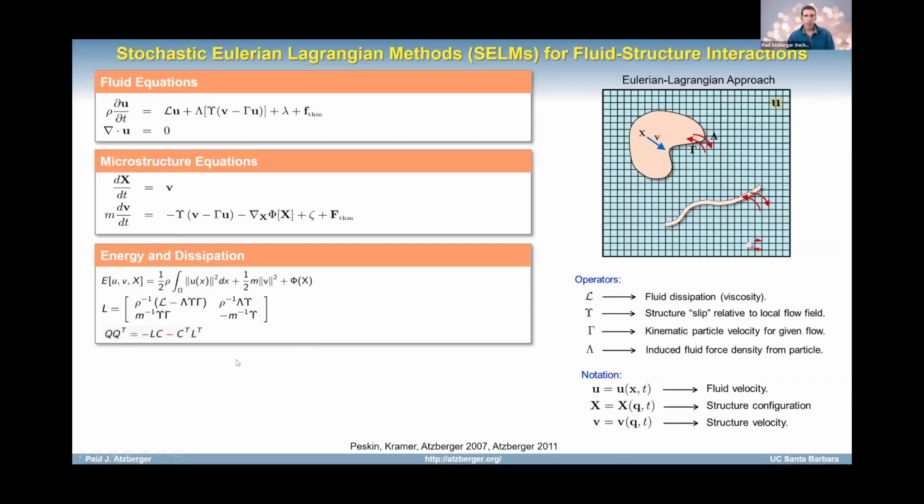Okay. Then what we're going to do is apply the fluctuation dissipation principle that I derived for you to try to obtain what the covariant structure is for these thermal forces. And so what we effectively have to do is compute this operator, which is negative LC, negative C transpose L transpose. Okay, so in order to get what C is, we're going to go back to our energy here. And if we know that we're in the canonical ensemble, then that means that the fluctuations are going to be governed by the Gibbs-Boltzmann distribution.